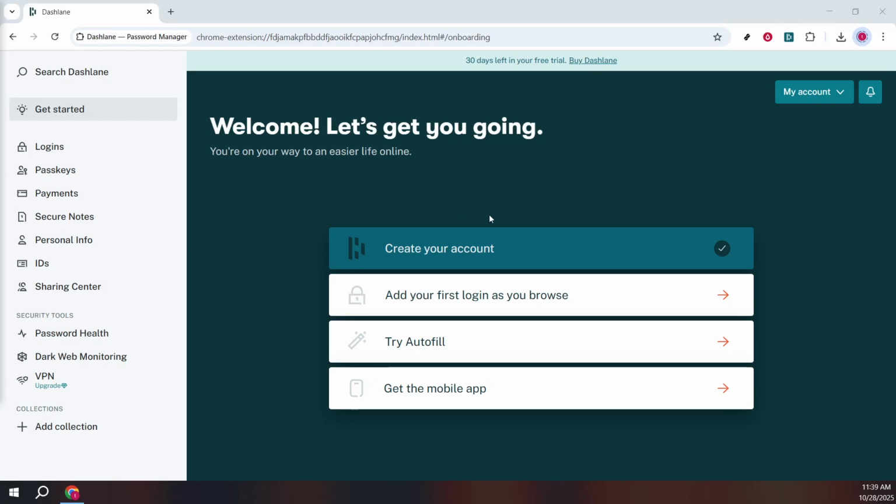In today's video, I'm going to teach you how to import passwords into Dashlane. Whether you're switching from another password manager or you simply want to consolidate all your login details in one place, Dashlane makes it straightforward. Let's walk through the process together step by step, ensuring you feel confident by the end